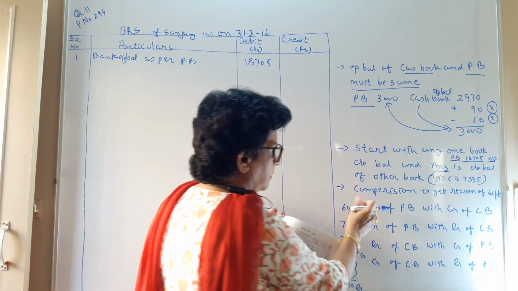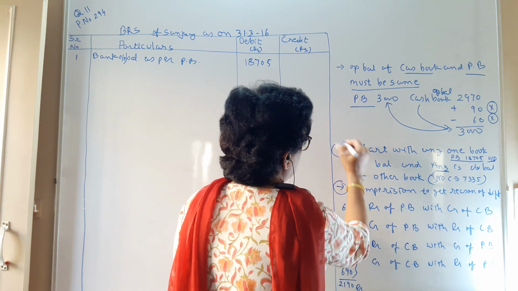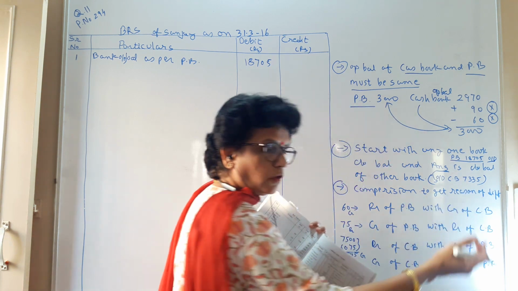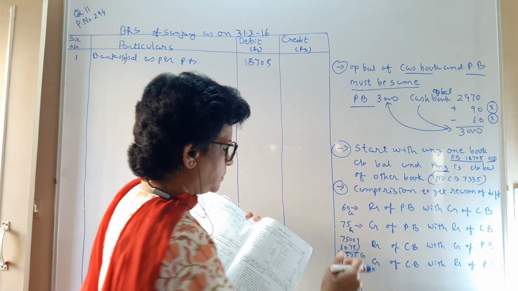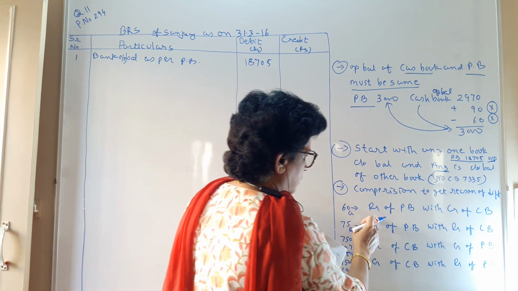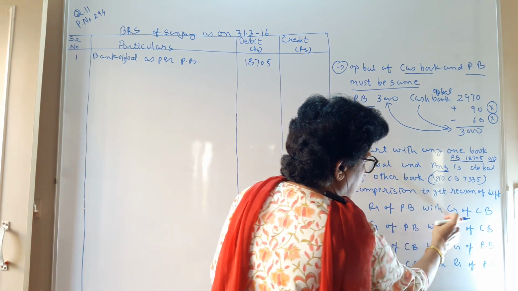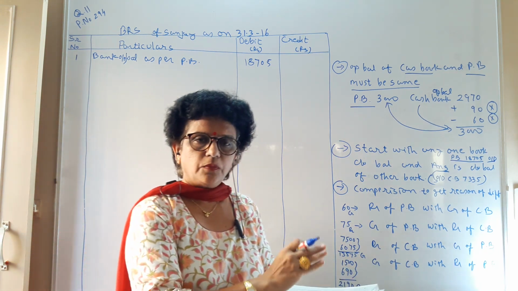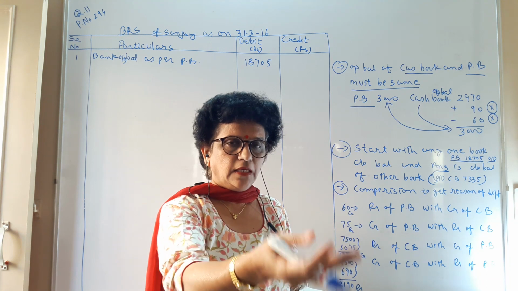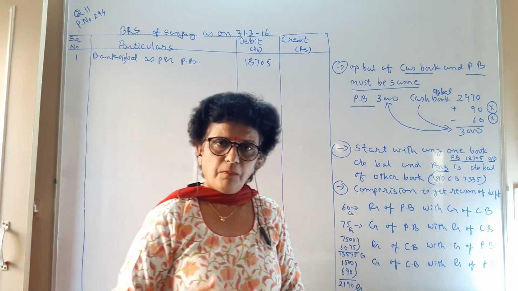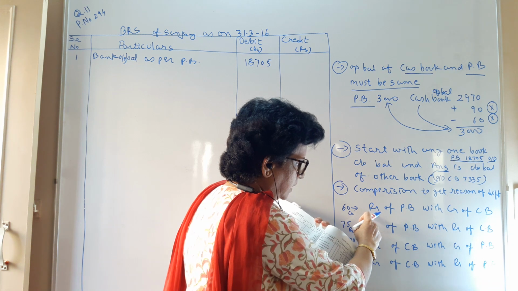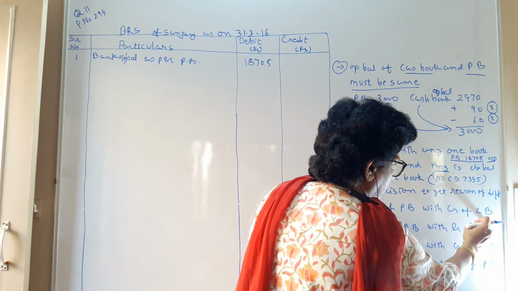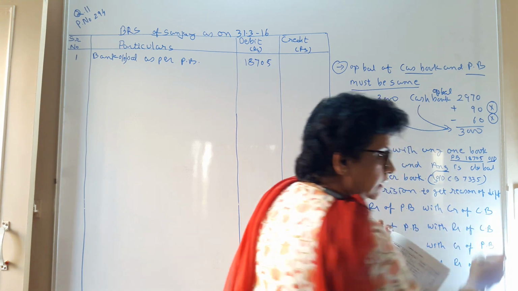So you need to compare. The third important point is the comparison. You need to compare the different columns of the cash book and passbook. The very first comparison we do is the debit of the passbook with the credit of the cash book. As we know, what we record in the cash book, the opposite effect is given by the bank in the passbook. So the debit column of the passbook, meaning the expense column, you will find on the credit side of the cash book.